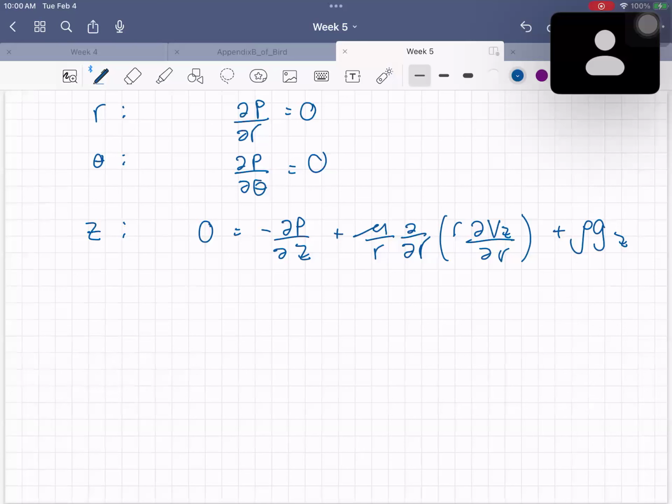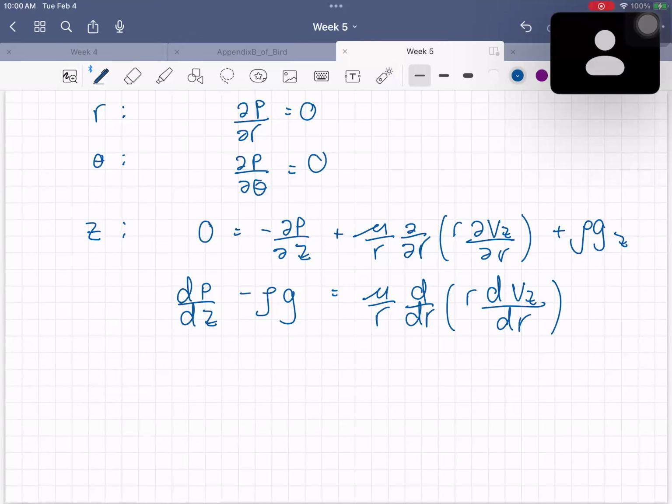So let's rewrite this equation. I'm going to rearrange the equation to dP by dZ and move the gravity to the left-hand side. So it will be rho G, okay? Because gravity is like a function of Z. It's not a function, but it's the same form, okay? So I will move it to the left-hand side. And on the right-hand side,